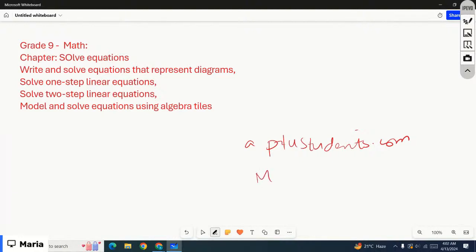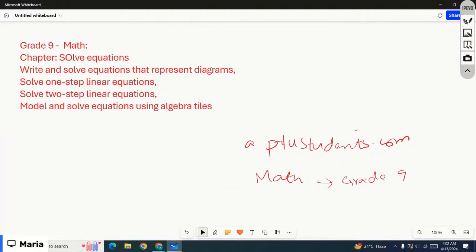Then you have to select math from the subject tab, scroll down to grade 9 and then click on view all lessons. There you can find a list of the chapters. We're going to start with the chapter